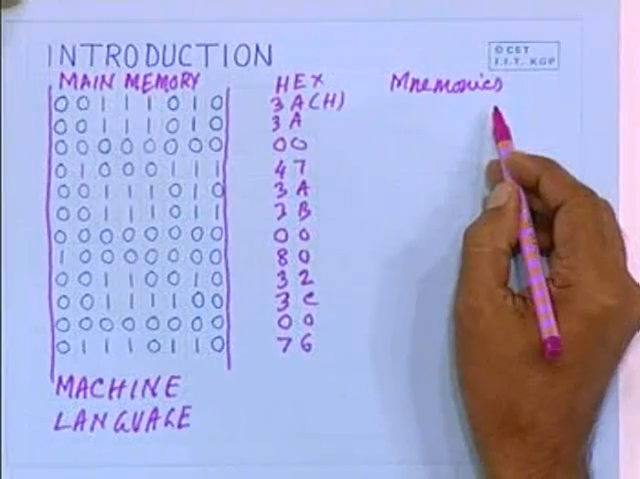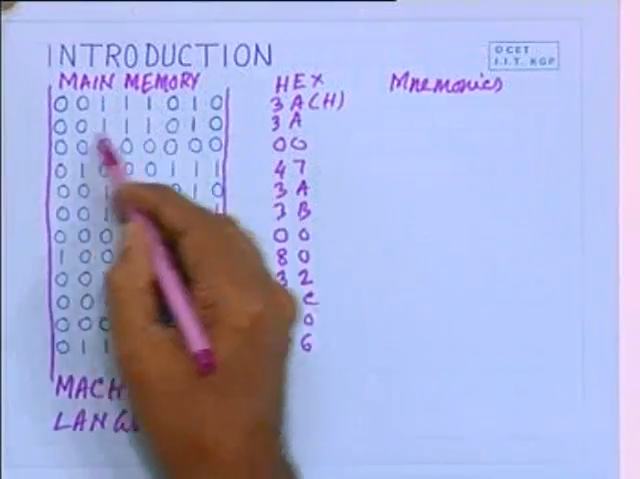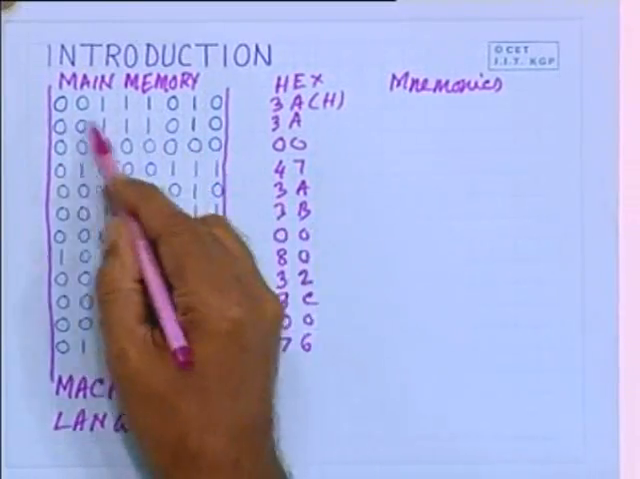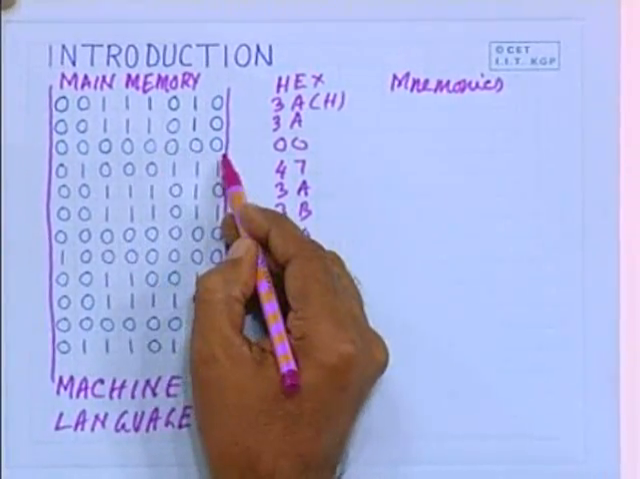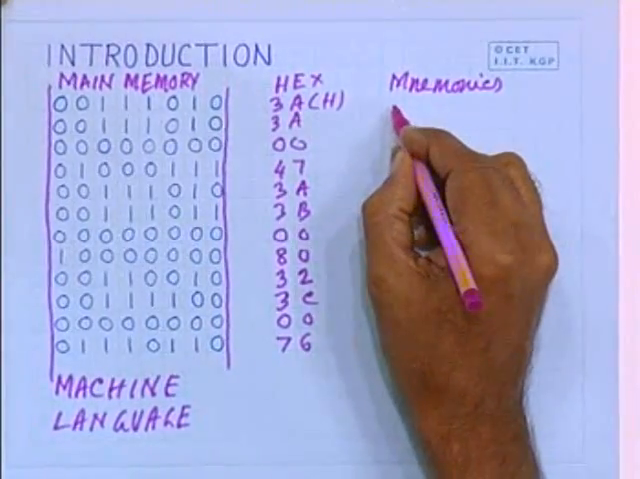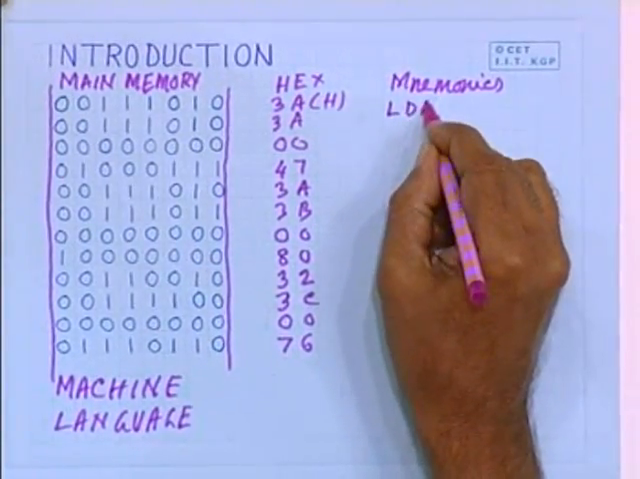In which each instruction is represented with the help of a symbol. That symbolic name signifies or specifies what operation it performs. In other words, that mnemonic is representative or descriptive of the operation a particular instruction performs. For example, these 3 bytes, 3A, 3A and 00, represent an instruction LDA